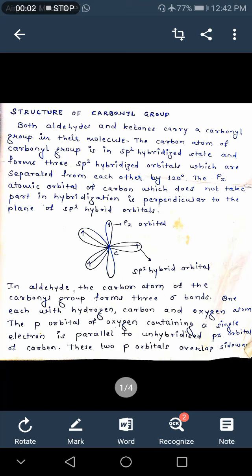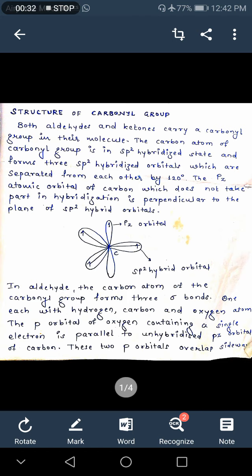Good morning, dear students. In the previous lecture, we discussed the new chapter, that is aldehyde and ketone, where both of them contain the functional group carbonyl group, out of which aldehyde contains a CHO group and ketone contains a CO group. Then we also discussed the nomenclature, that is the common name system and IUPAC system, for both aldehyde and ketone.